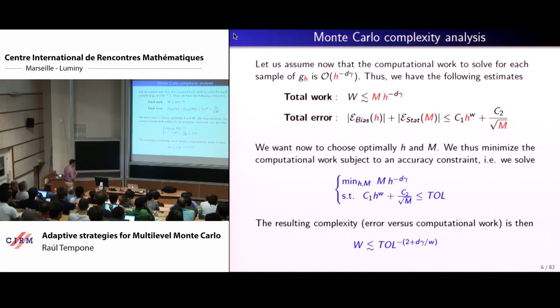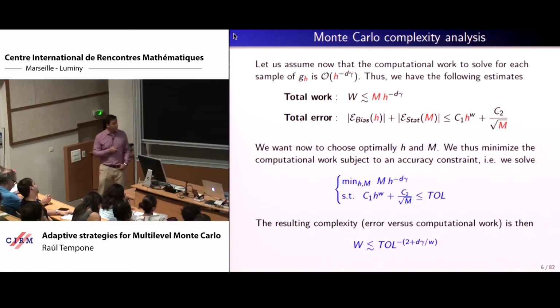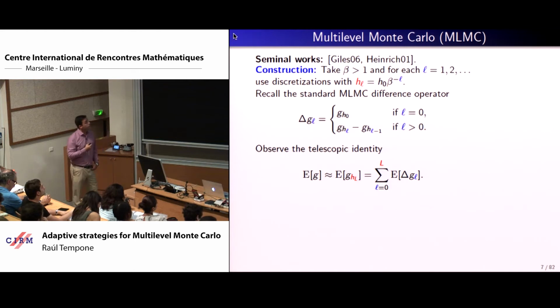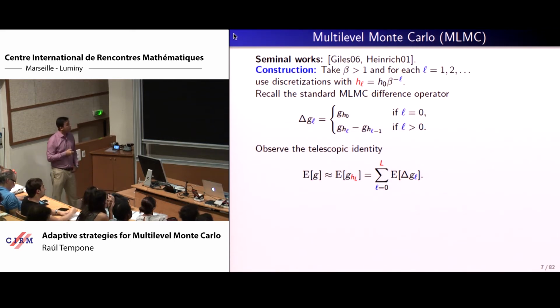Okay? Now, what multilevel Monte Carlo tries to do is to go beyond this bound. So what we will improve somehow is this part, and this will still be a barrier that we will not be able to cross, at least with Monte Carlo methods. So just to give the notation again for multilevel Monte Carlo, let's recall this construction of Heinrich and Giles. Let's take a constant beta for subdivision. For all purposes, think of beta equals 2 for the moment.